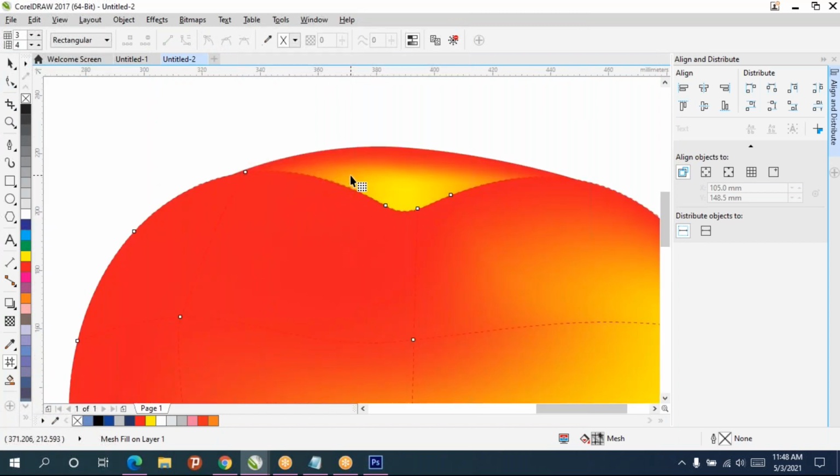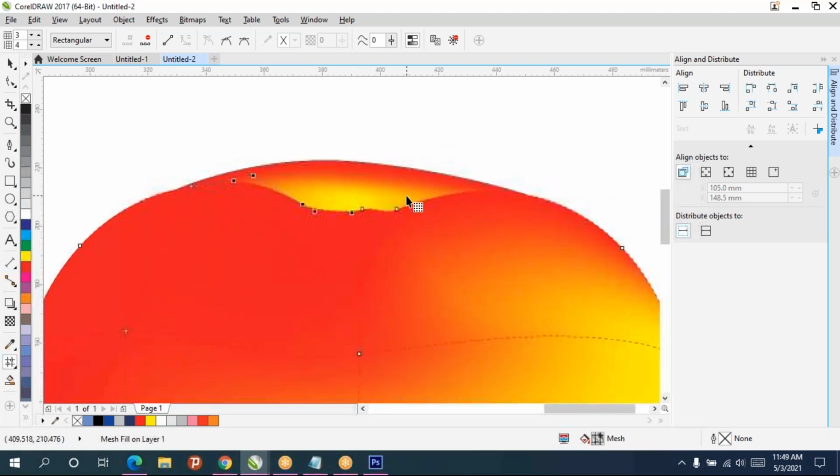I'll take this tool, I'll select these points, I can move if I want. So just click to add the points.